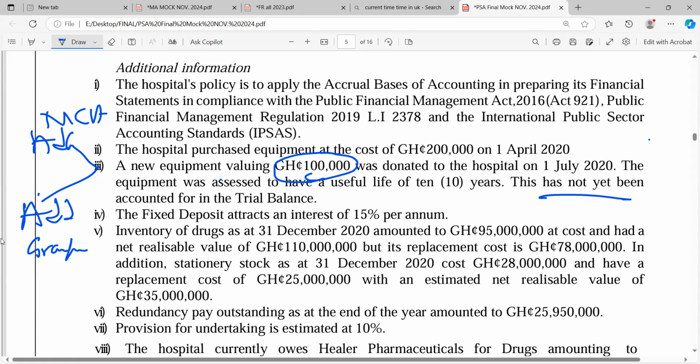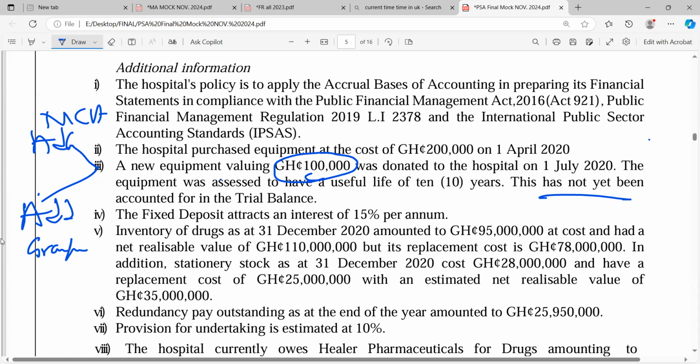Note 4, your depreciation: you divide by 10 years, you get 10,000, and then you accordingly work on depreciation. I've not worked a full past paper before with you. If you are fortunate, I'll come and solve this question fully. So let me go through, and then for you to work it out, bring it back. If there's a problem, we solve.